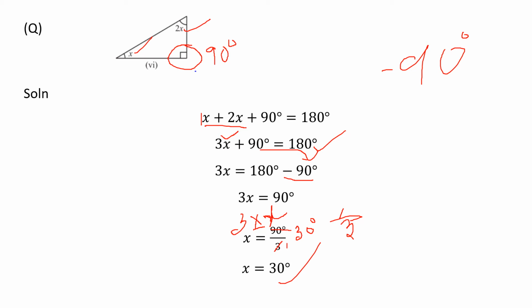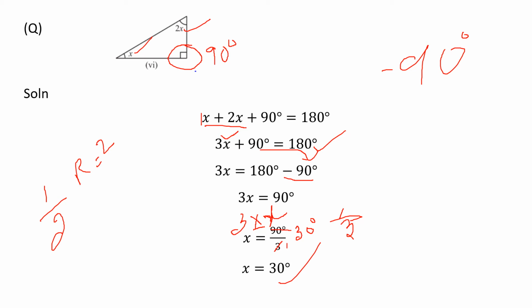You all know what is reciprocal? What is the reciprocal of 3? 1 by 3. So what is the reciprocal for 1 by 3? 3. Okay. So reciprocal means, for example, write the reciprocal for 1 by 2. What is the reciprocal for 1 by 2? 2. Okay. You all know reciprocal. So if you have any doubt, please go through the equation chapter. Okay, children. So these are the basic calculations we are doing in this chapter.